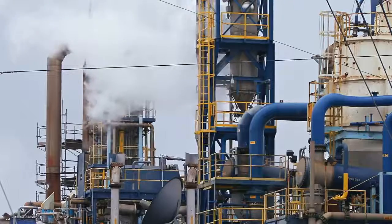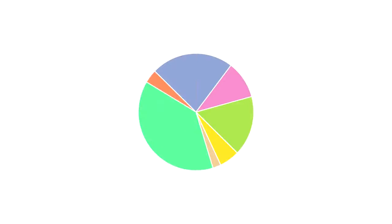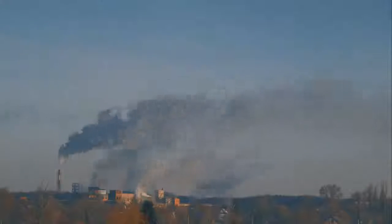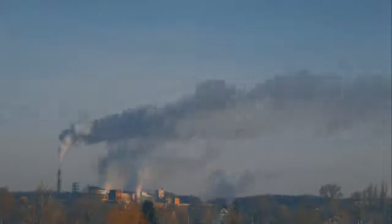And in most cases, the type of energy being converted to electricity is heat. Take a look at any of the various pie charts showing the breakdown of global energy production. You'll see that the vast majority of methods we use to generate power are essentially just different ways of getting water really hot. Many thermal power plants, as they're called, use fossil fuels like coal or natural gas in a